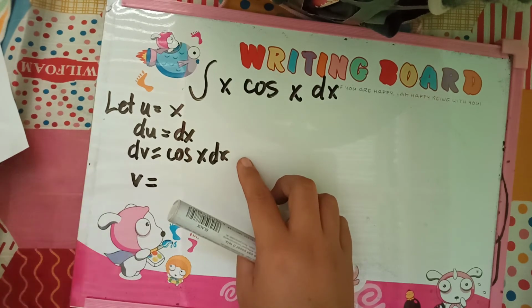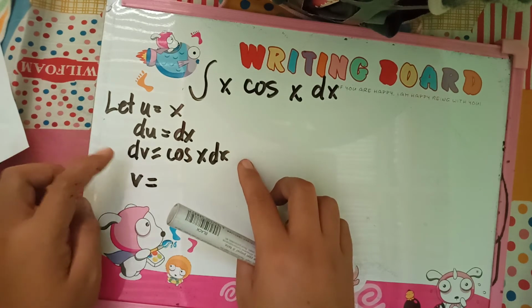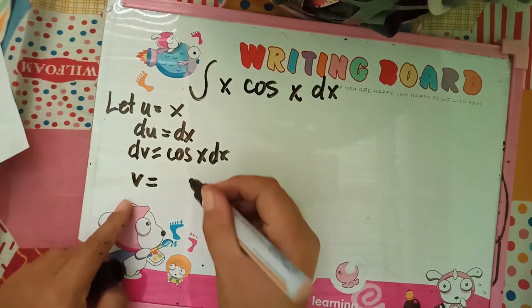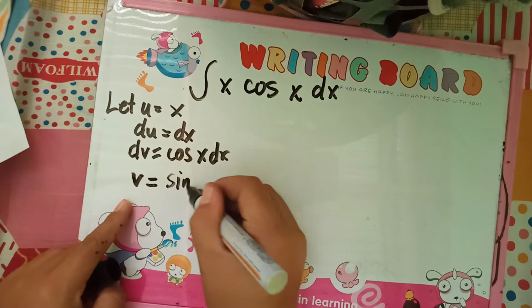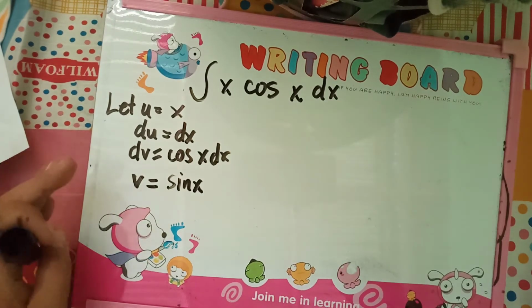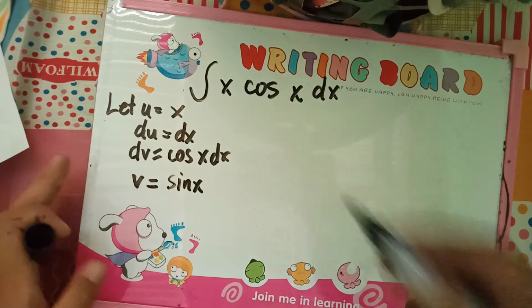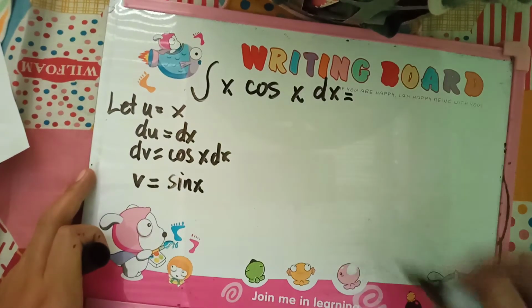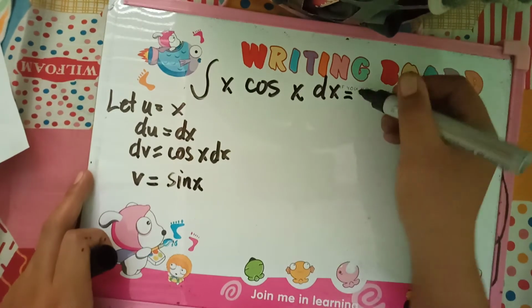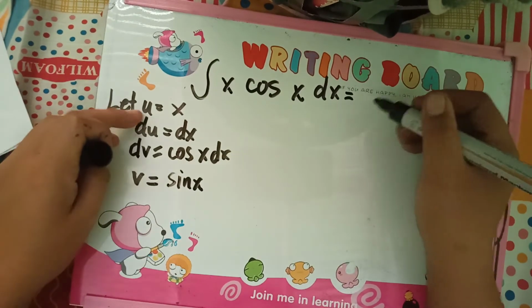So, babalikan nyo yung integral of trigonometric functions wherein it will be equal to sine x. Tama? So, magkakaroon na tayo ng integral of x cosine x dx will be equal to u,